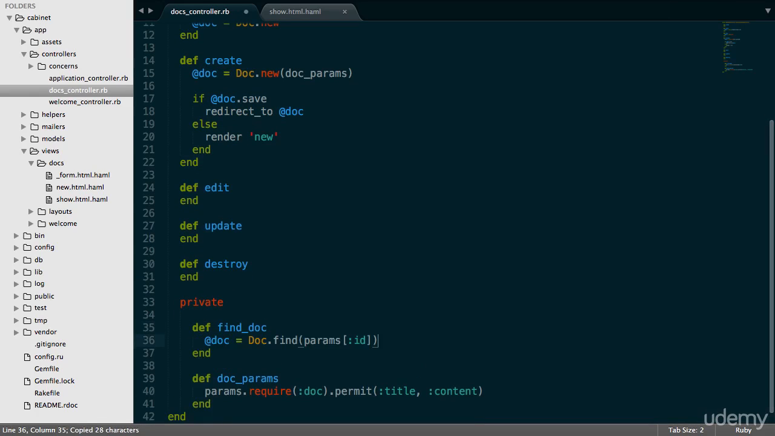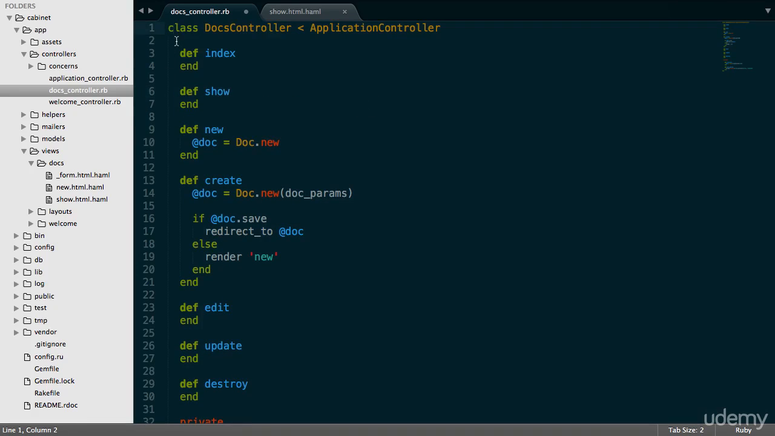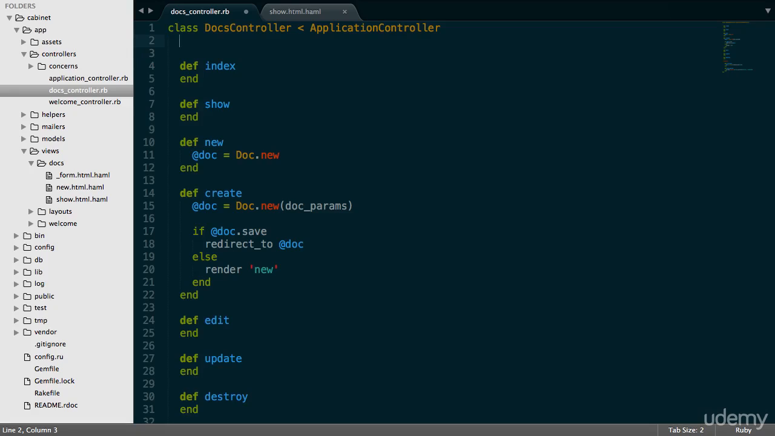Let's put it here, find_doc. We actually don't need it here anymore, so we can delete this. But we also need to add a before_action. So here, we're going to go before_action. A before_action, by the way, just runs ahead of all the other actions or methods on the controller. So we want the find_doc